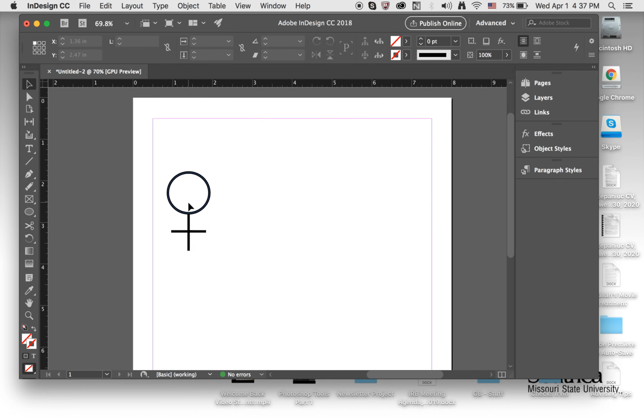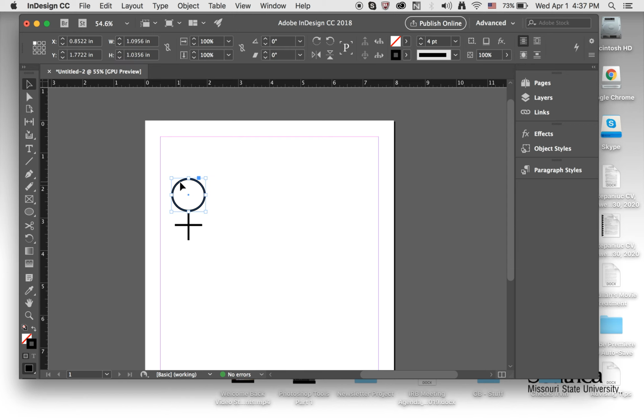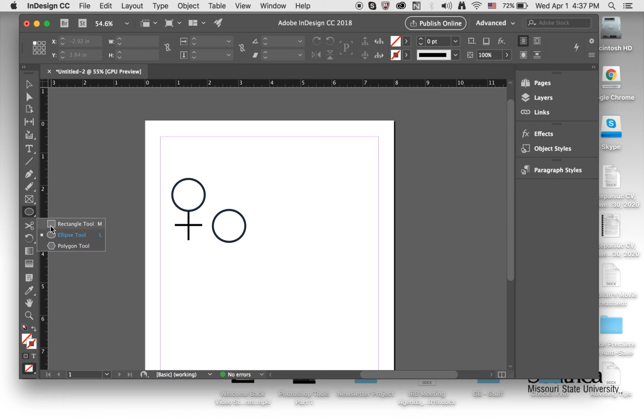Now let's design the male logo. So I'm going to click on my shape, do Command C to copy it, Command V to paste it. I'm going to bring it close to my cross right here. And then I will need an arrow. Now the arrow could be a little bit complicated. So what I suggest is go back to that ellipse tool and this time click on your rectangle tool. And then in this rectangle, we're gonna change the shape of it using the direct selection tool. Click on the direct selection tool, and when it's ready,